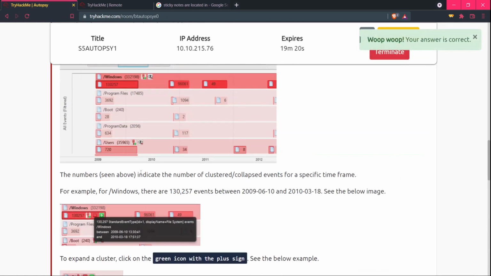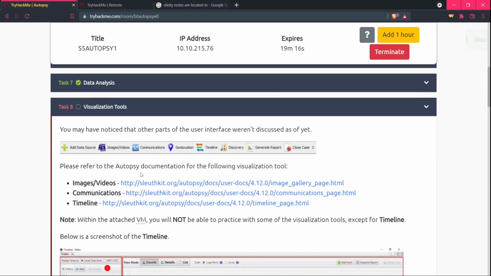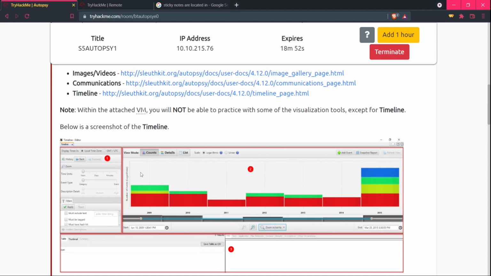Let's go over to the task on Autopsy, which is the visualization tool, and I am making it fast because I don't think there is a lot to understand, and you need to go over things on your own. I am just giving you a brief overview, and if you have any doubts, you can clear them out from here. It's better to get the exploration experience by yourself, and not watch a lot of videos or walkthroughs.